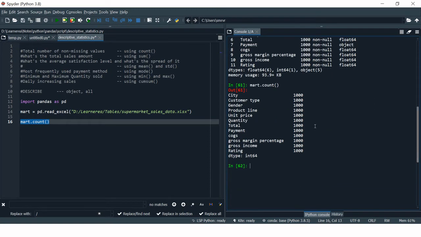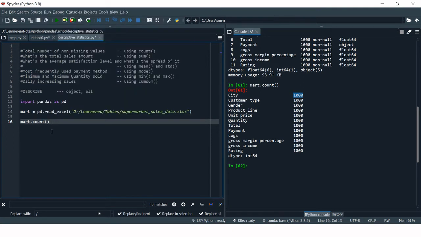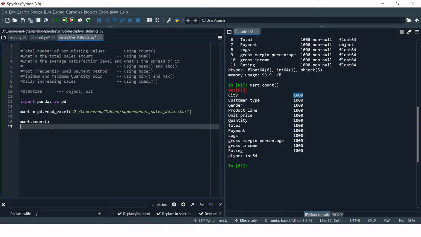If we have any one of the variable null values, the count will not match to the total number of records. Like in the beginning itself, we saw that there were total 1000 number of records, and here also we see every time it is 1000. Just in case if you have some missing value in city column, you would have lesser number of records over here. So that's how you can understand. So this is how you can check the count of each of the variable for non-missing value in a given data set.